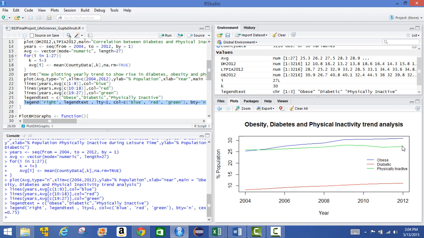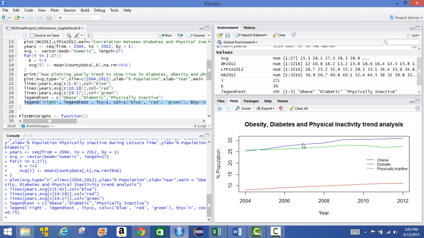So this is our first analysis using CDC data showing positive correlation between diabetes and obesity, diabetes and physical inactivity, and obesity and physical inactivity. And so this provides statistical analysis and very clear insights into some of these lifestyle choices